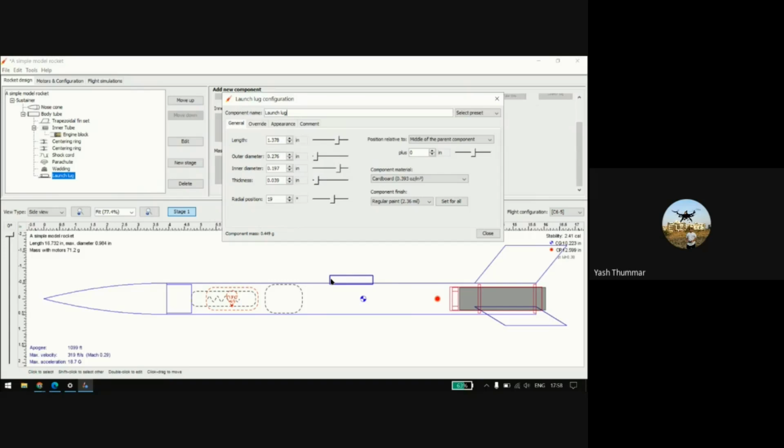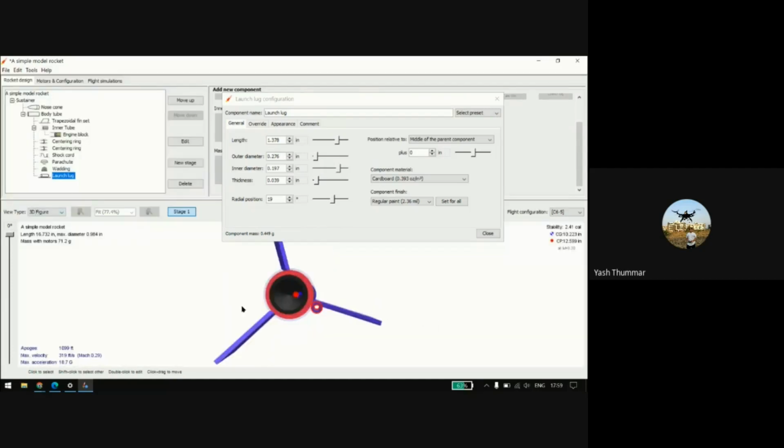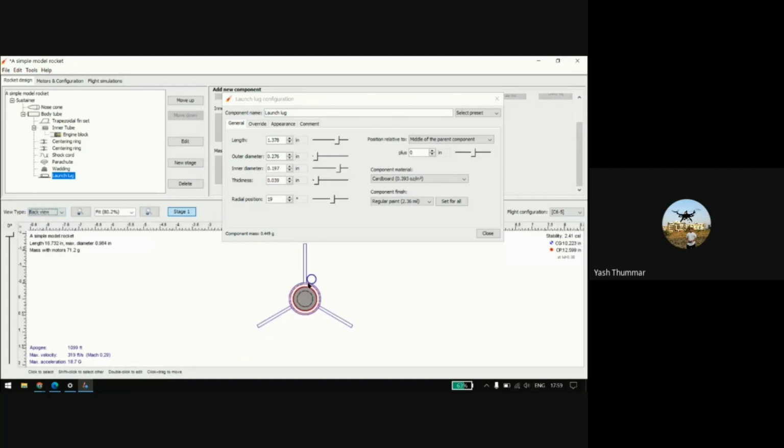It doesn't give much, but in the simplest way, let me go here and I will make a few. You will find the launch lug is slightly with one of the fins, and it will be created like this. Okay, so the position you have to set like this.